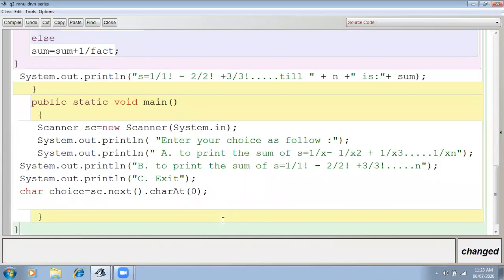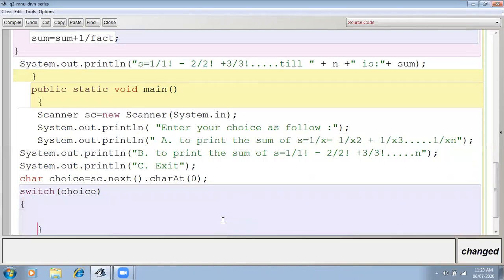Then I can put this into the switch. Okay, switch choice. Yes.